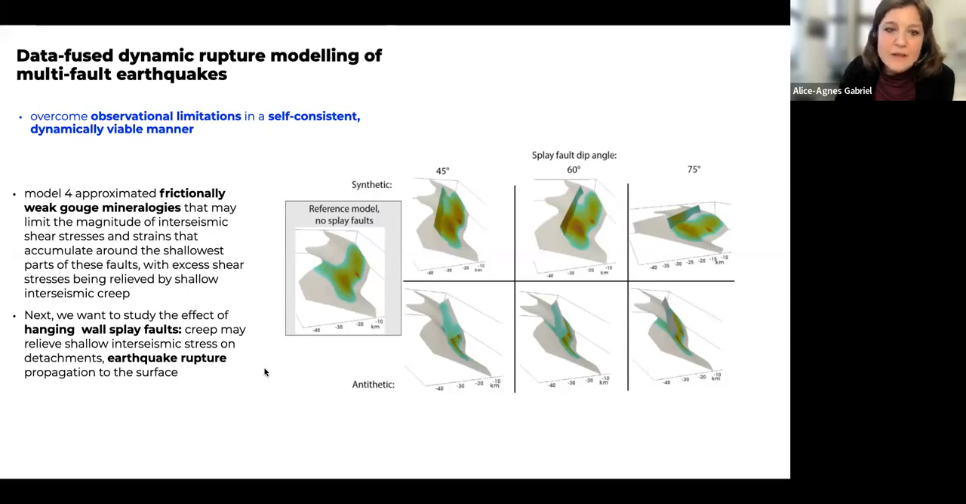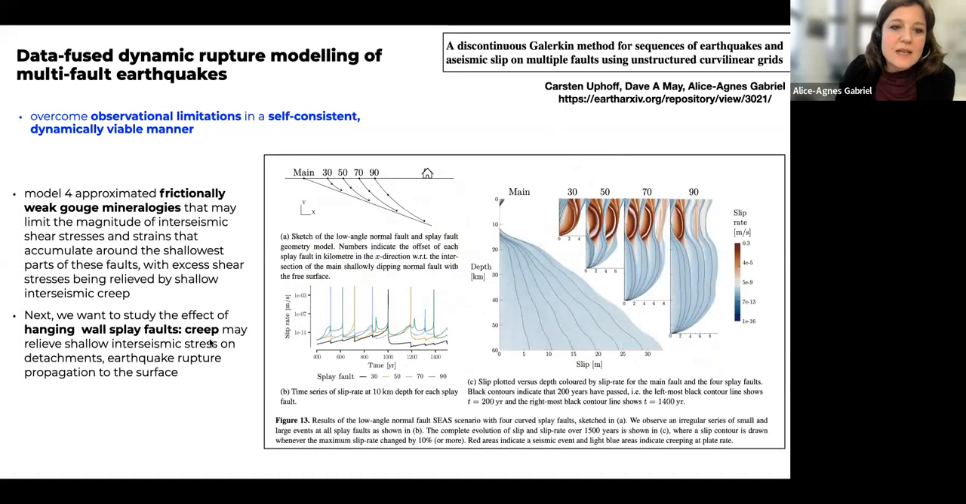And we've also been interested in the whole seismic cycle on these systems, and especially about potential creep that may relieve shallow interseismic stress on the detachment. And that's been proposed as part of the Keystone hypothesis, also motivated by the El Mayor-Cucapah earthquake in California. And to model the whole seismic cycle, or SEAS models, so that is sequences of earthquakes and aseismic slip for such systems, is challenging current computational methods,